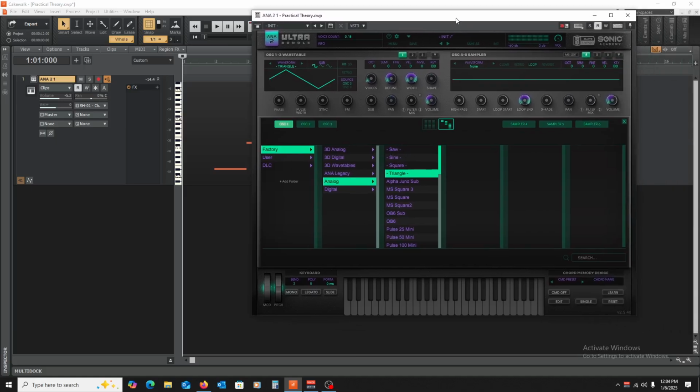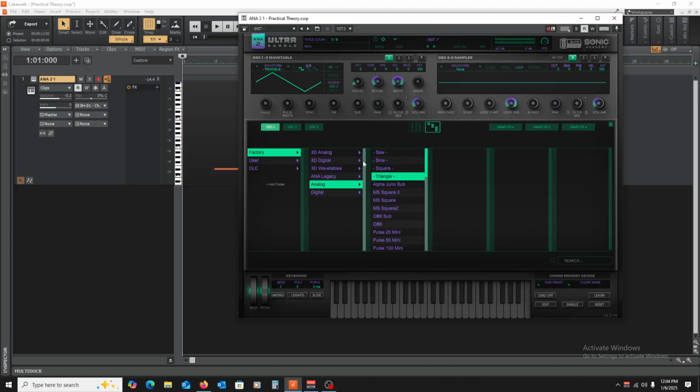Okay. And then you can combine these sounds, you can create different ones, but these are the 4 basic ones. And then you can go and create weird looking ones as well. So this is a MS square. I don't know what the MS stands for at all, but it's sort of a square, but it's got a little bit of a dip. It's not a perfect square, but it looks kind of squarish.